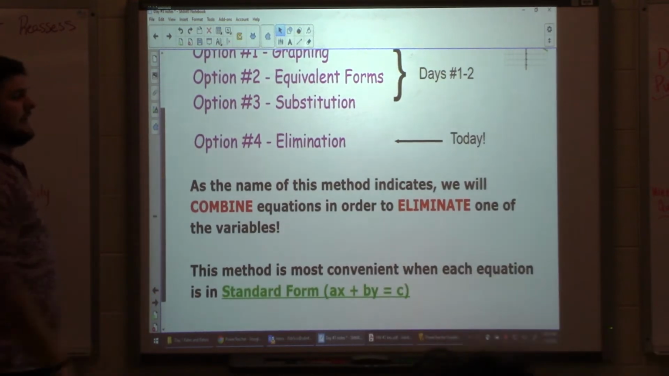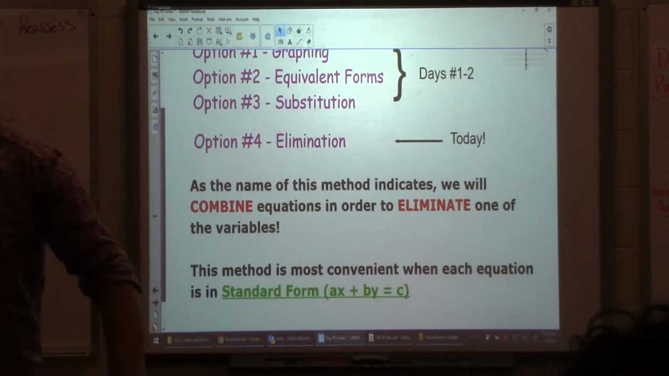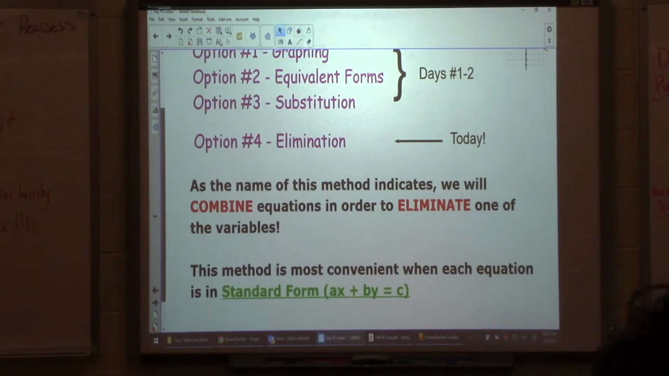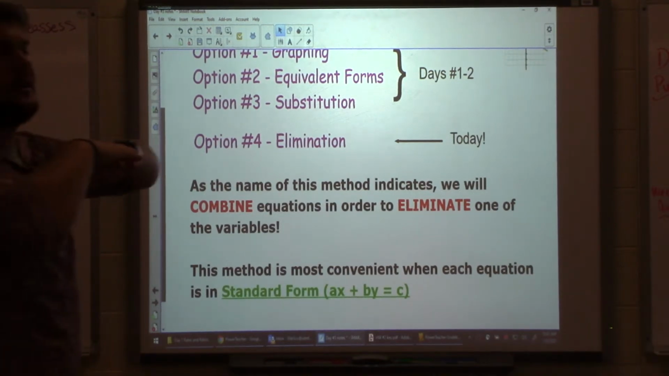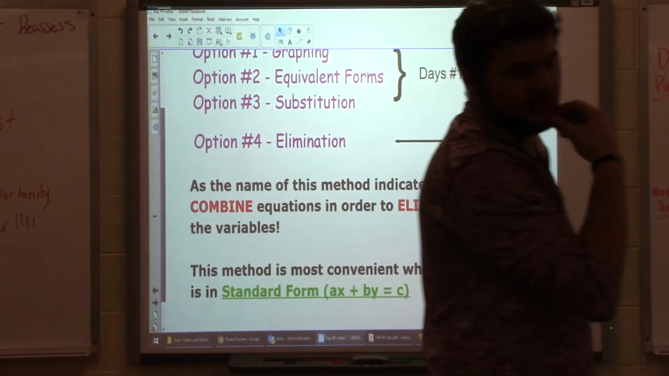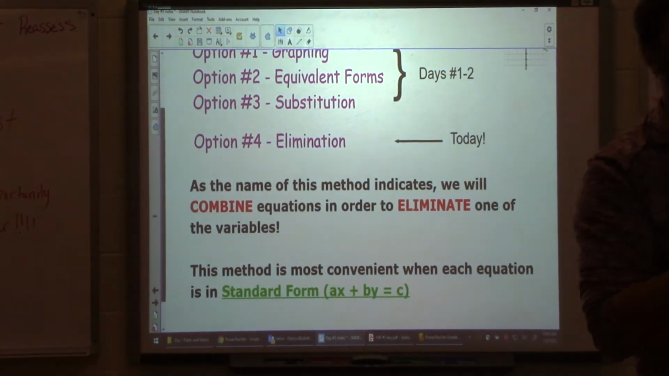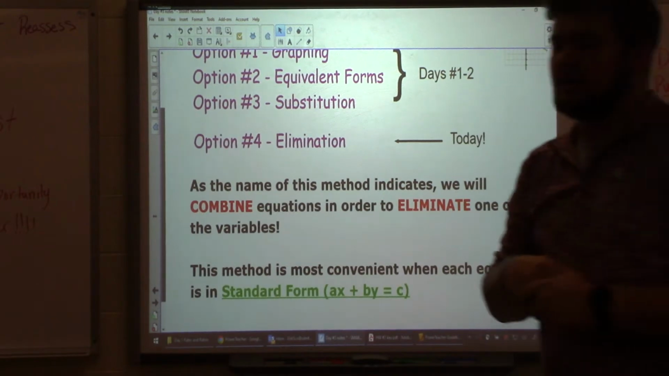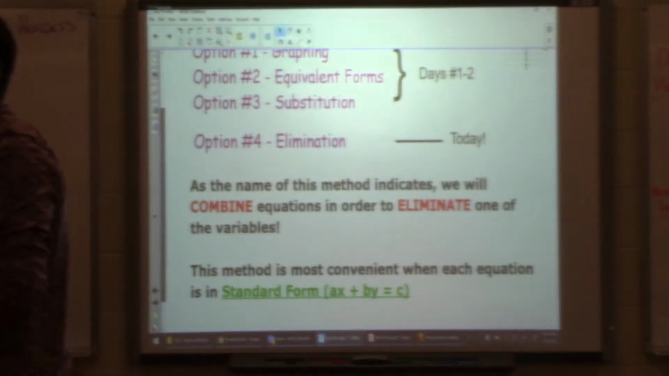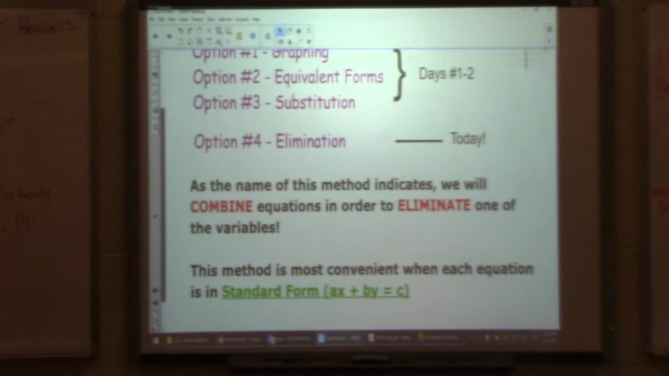So, as it indicates, what we're going to do is end up actually combining our two equations. We're going to add them together so we can eliminate one of our variables. Now, when we eliminate a variable, we're left with only one variable, which means we'll be able to solve. So the big idea here is being able to eliminate one of our variables so we can solve for the